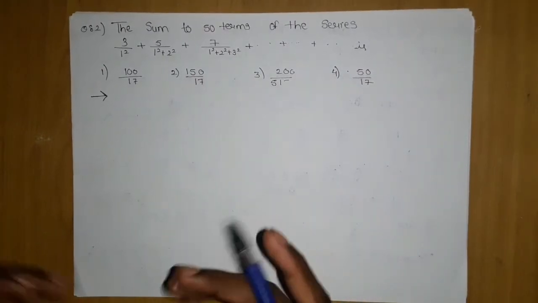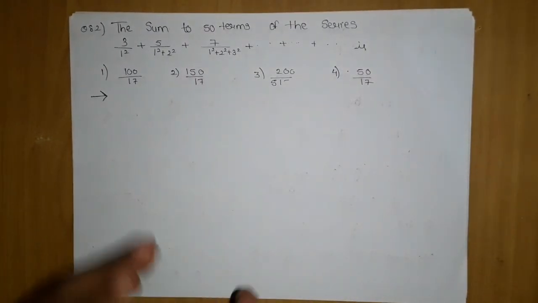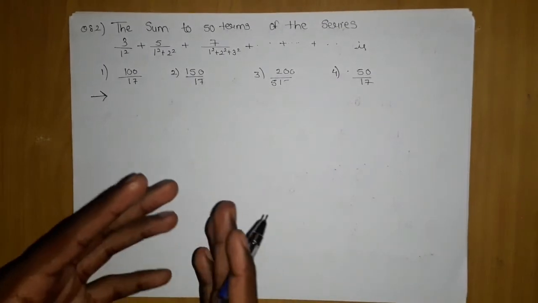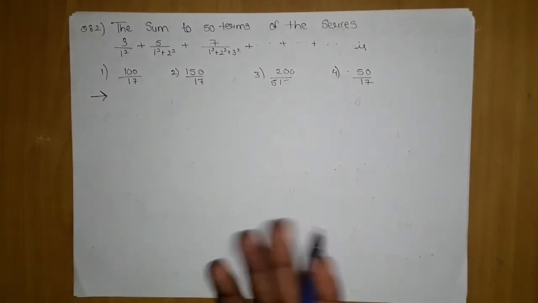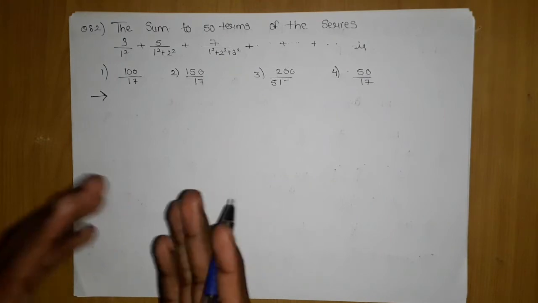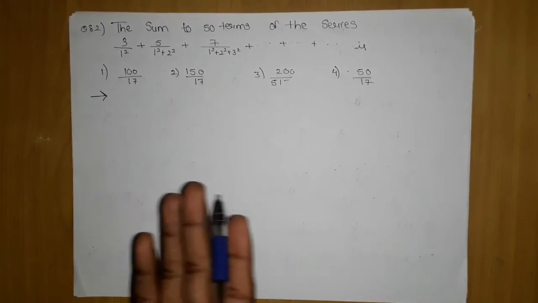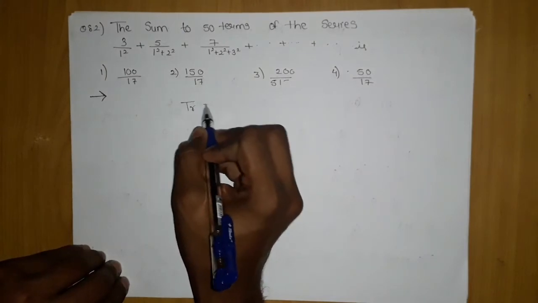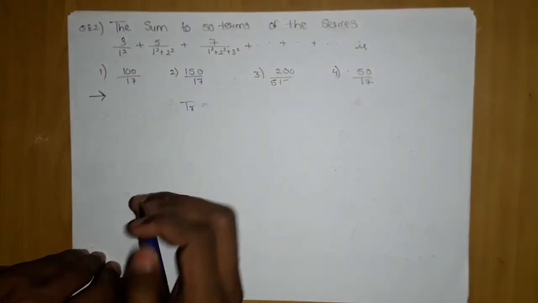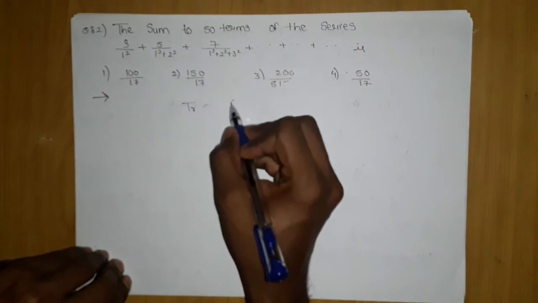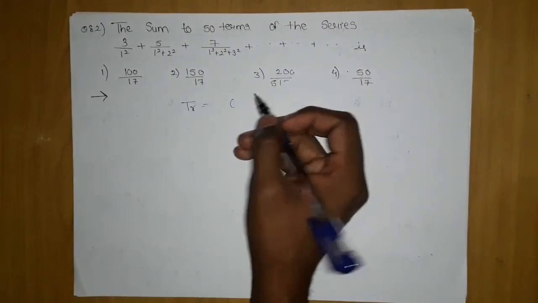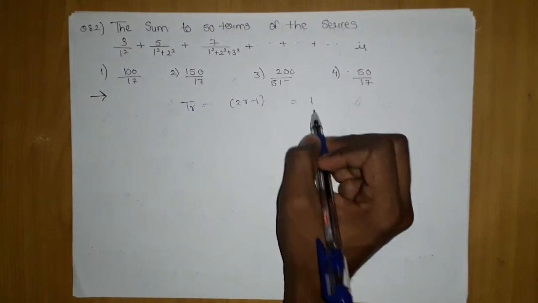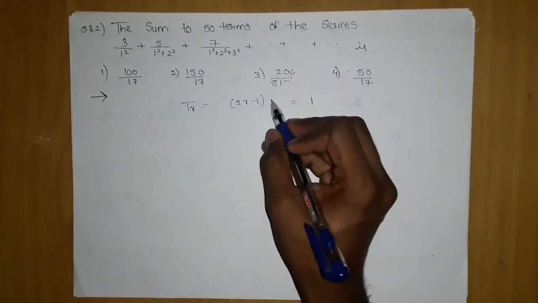In this type of problem, we have solved the Vr minus Vr plus 1 telescopic series. This type of problem, by observation, we have already covered. So the first step is finding Tr. Since it is odd numbers, odd numbers means 2r minus 1, but if I put r equal to 1 here, I will get 1. So this one is wrong.